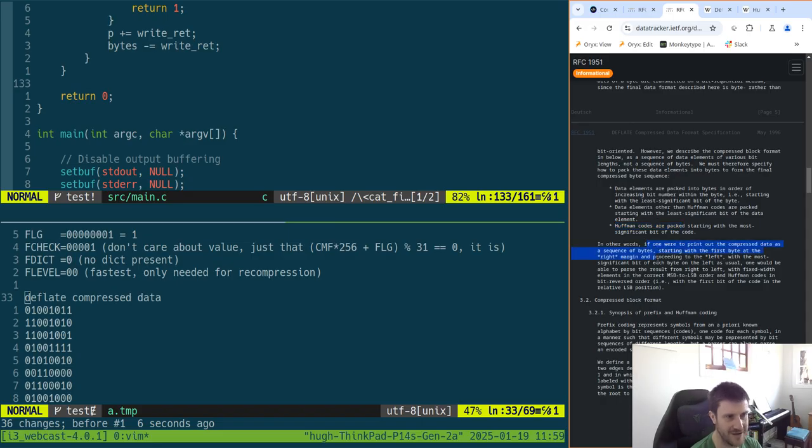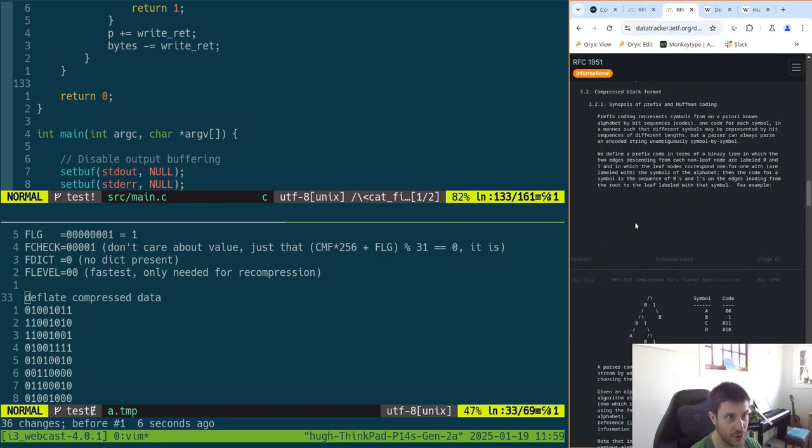This is a weird thing, but it's only really relevant if we are constructing Huffman codes, which we potentially are not. It depends on what is happening in the header of the